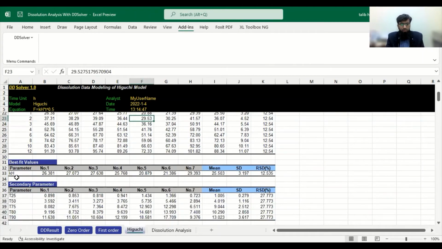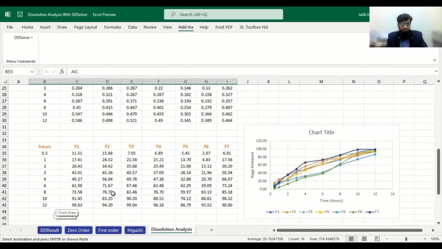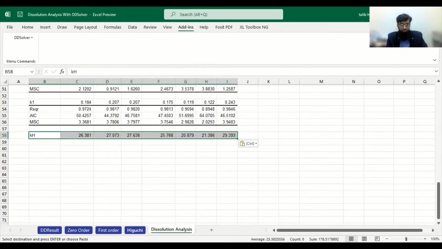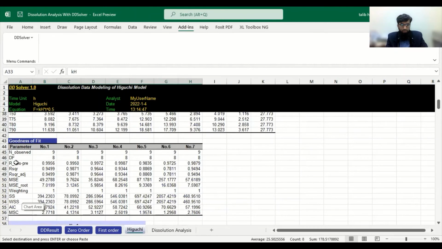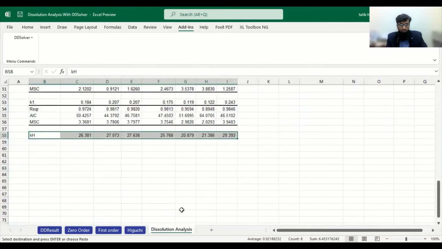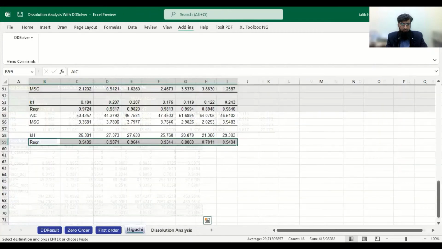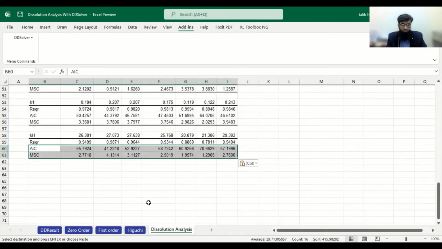Similarly, for Higuchi, we will copy this K value for 7 formulations. We will paste here. We will copy its R square values. And then we will copy its AIC and MSC values. Now we will apply